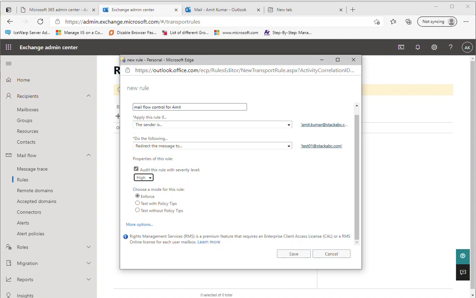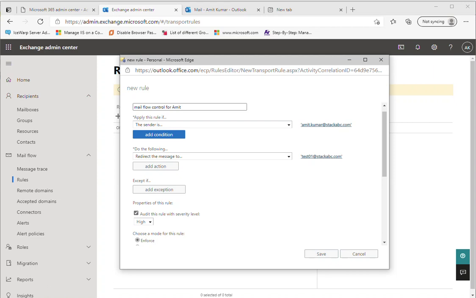And there is another tab, that is more options. In the more options you can specify multiple other conditions and multiple other rules, like sender. If you want to mention some other sender as well, you need to specify the condition here, and here you can specify the action.